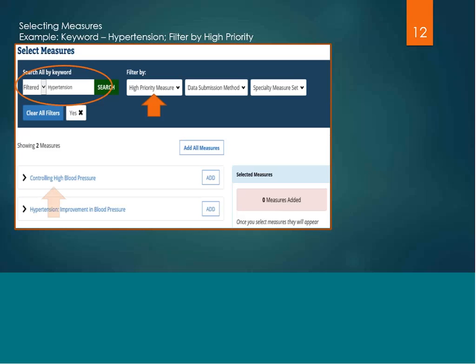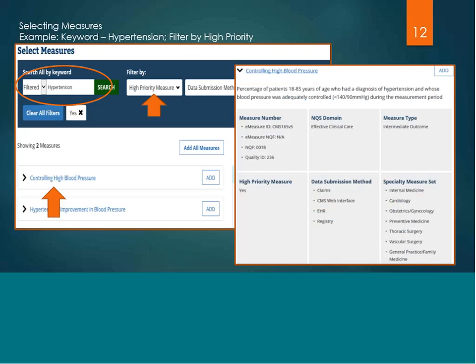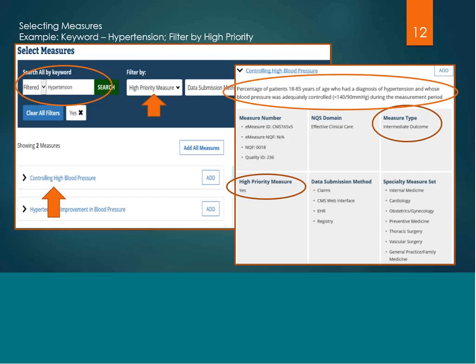When you click on the measure name itself, it's going to open up a dialog box, which then gives you the description of the measure. It will note the measure type. In this case, it is an intermediate outcome measure. It will note the priority level, and it will show you all the different data submission methods that you can